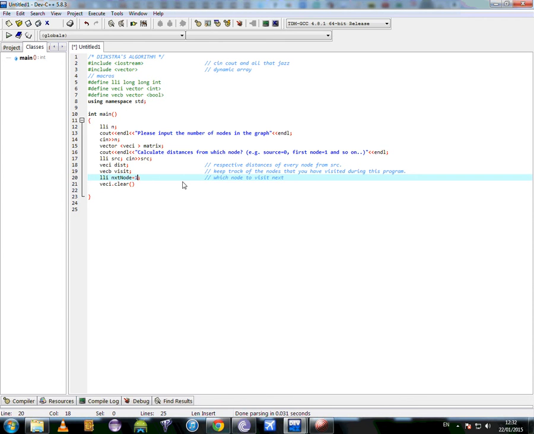Equal to 1, because vec I dot clear, you don't want any values here. Vec, oops, I need to mention the name. So dist dot clear, visit dot clear,